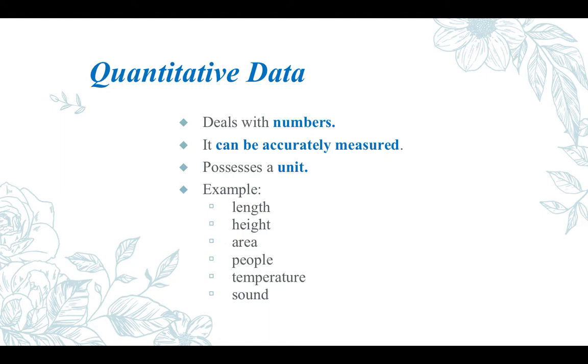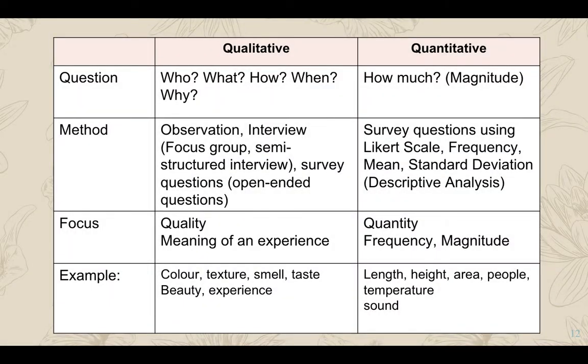What's unique about quantitative data is that it can accurately be measured. Hence, it has certain units. Examples of quantitative data we often associate with length, height, area, people, temperature, sound, and so on. So to simplify things, I have made this table where I distinguish between qualitative data